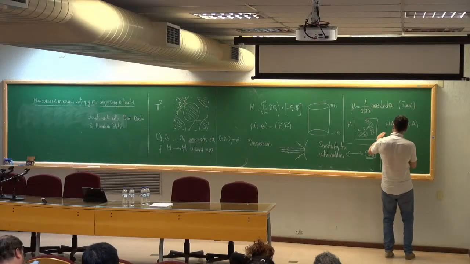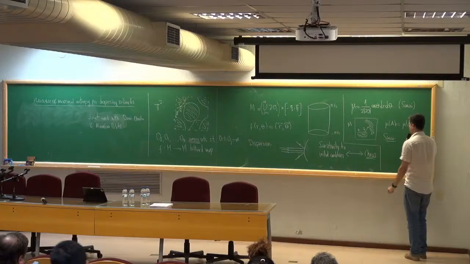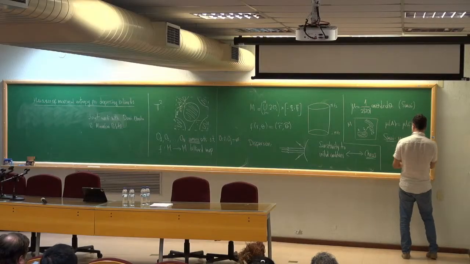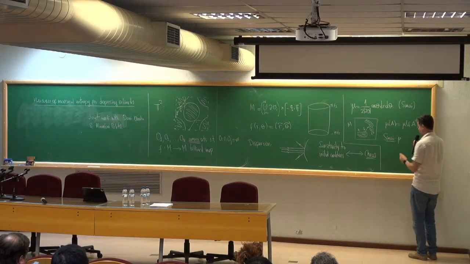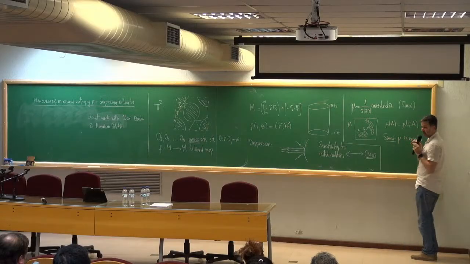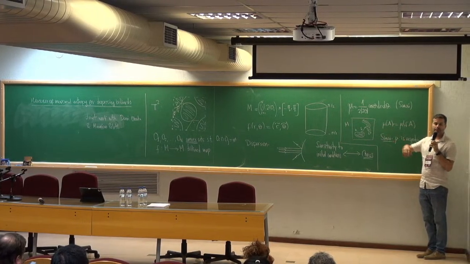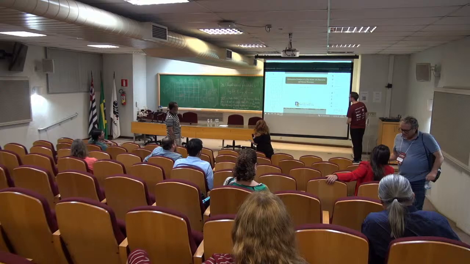And Sinai was actually able to prove many interesting properties of this measure. For instance, he was able to prove that this measure is what we call ergodic. Ergodic means that you cannot decompose this measure into 2 other invariant measures. So from the point of view of invariant measures,